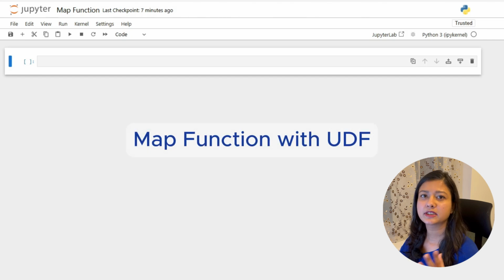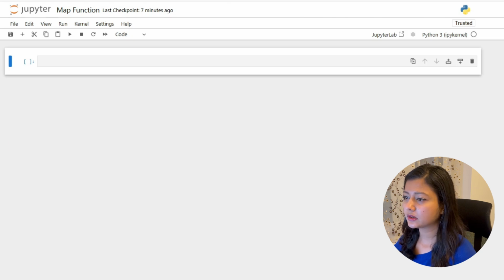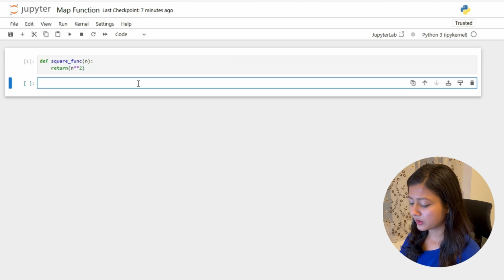To understand the concept of map function, let's take a UDF where we are calculating the square of a number and we are going to apply it to a list of numbers. So let's say here we are having our UDF which is known as square function. It takes a number called n and then it returns the square of a number as an output. Now suppose our list of numbers is, let me call it my list equal to 3, 4, 5, 6, and